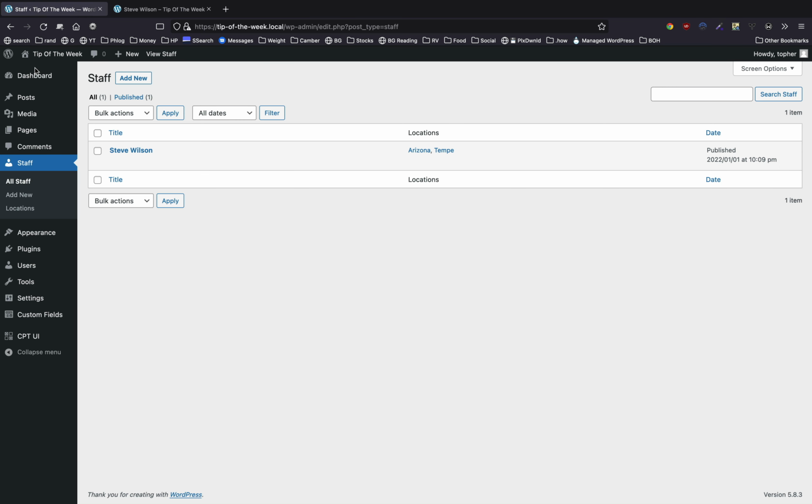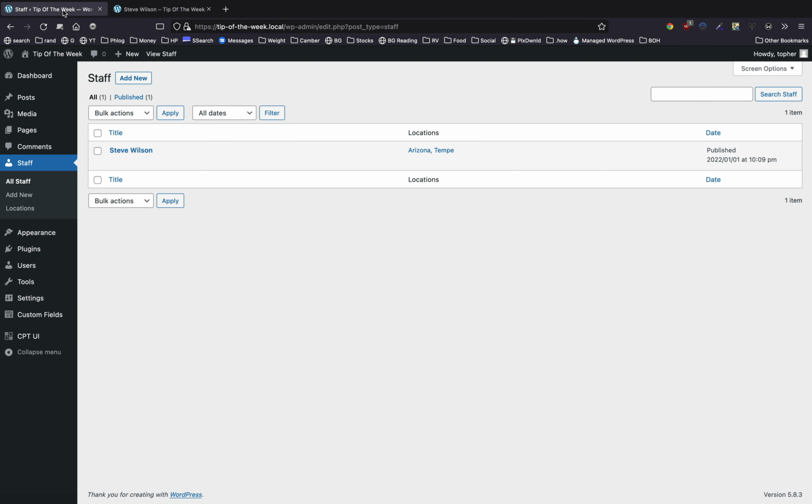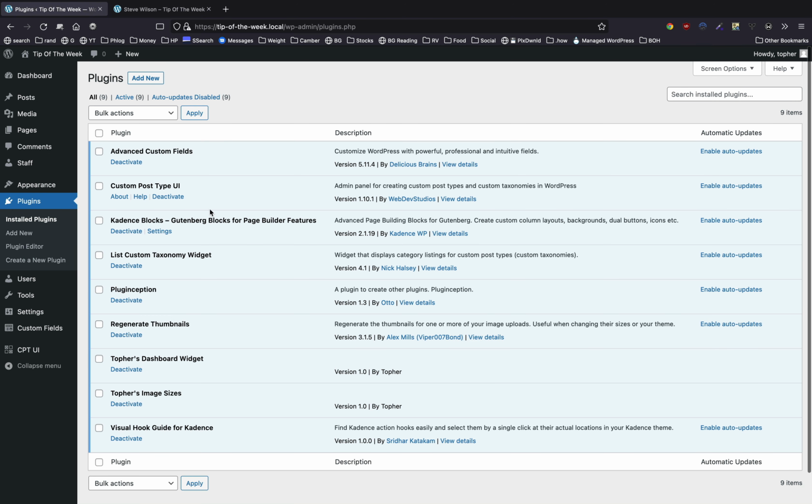Now, the way you can use this, remember we chose show in admin area? That's right here. If you look at Steve here in the sidebar, we've got archives and categories. I installed a plugin already called List Custom Taxonomy Widget.